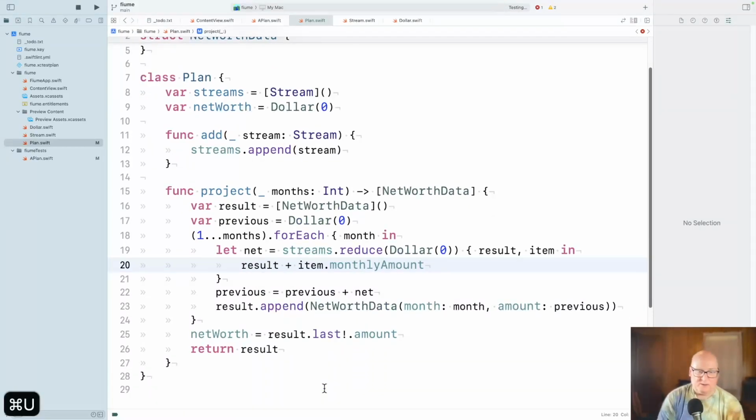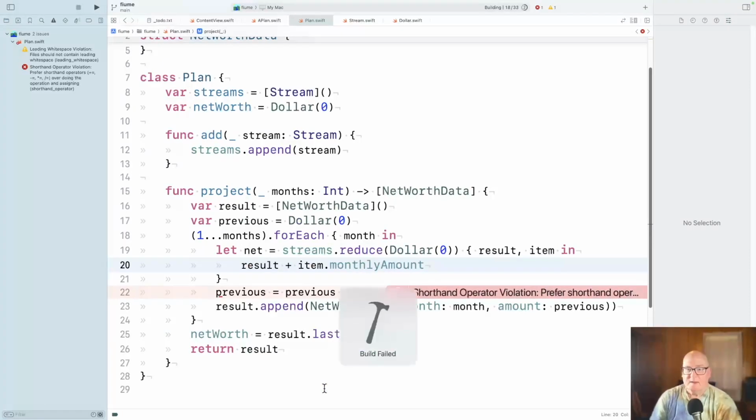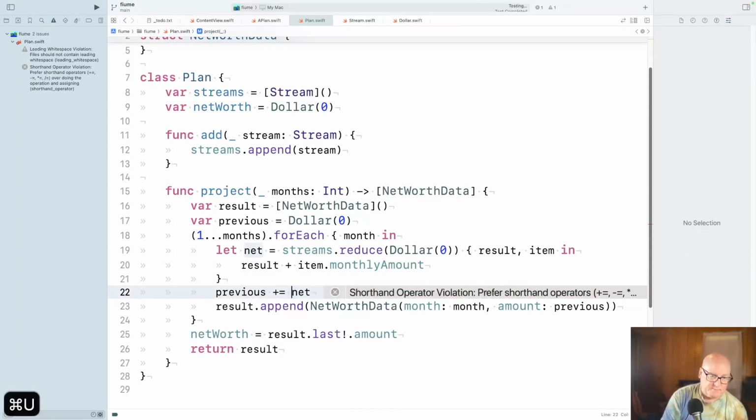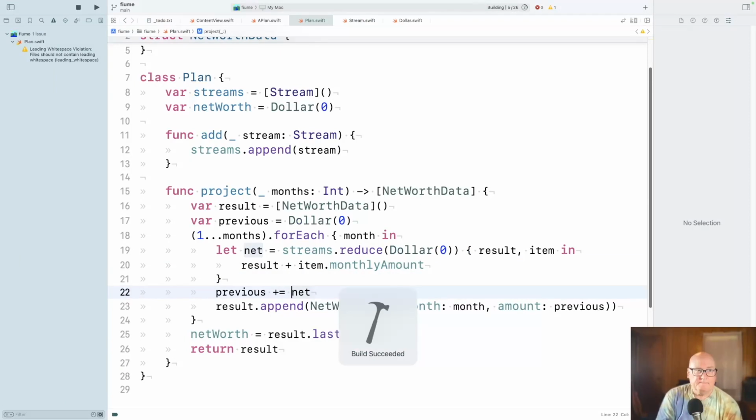Let's see if this works. Shorthand operator. Oh yeah, that's fine. Okay, now somewhere it's complaining.